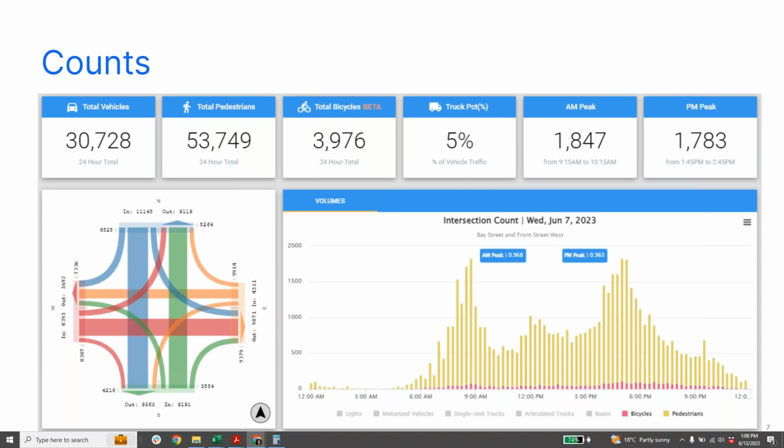You could look at just the PM peak, just a few hours. You can customize that how you will. On the left side as well, you can see which direction the pedestrians are going in. So if you look at the top here, we can see from right to left, we have 6,800 pedestrians crossing there, and from left to right, we have